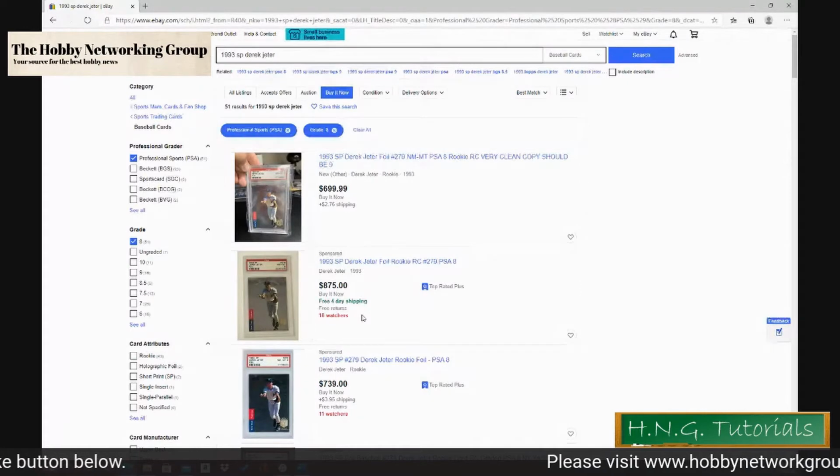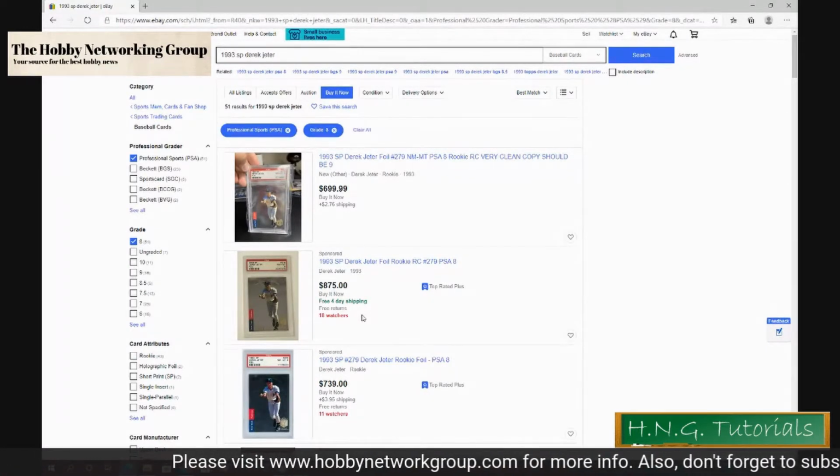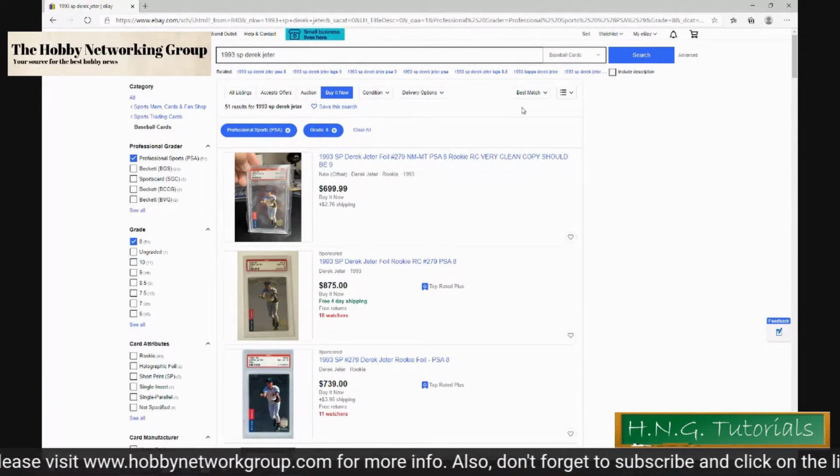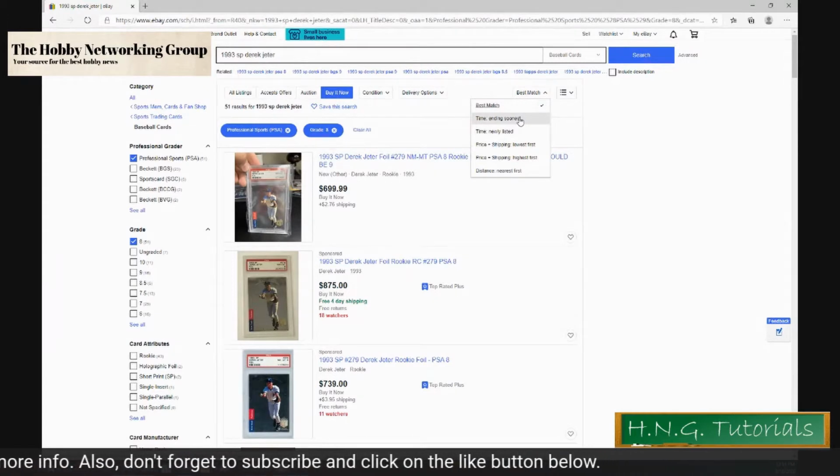Sometimes it's people that have a high price and other sellers are watching as well. That's a whole other topic for a whole other episode. But point is, buy it now shows you all of those options. You also have the sorting tool. The sorting tool gives you